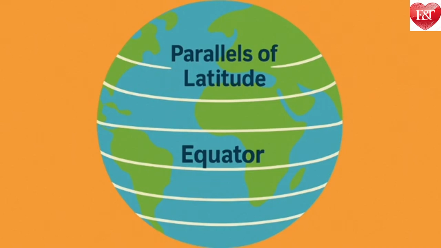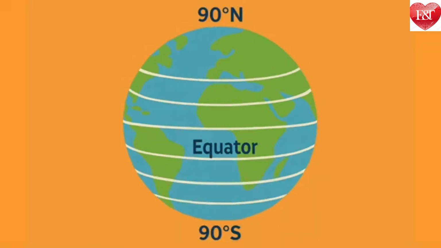Again, it is easy to note on the globe that the largest circle is the equator, while the circles marked by the parallels of latitude grow smaller as we move northward or southward. Latitudes are expressed in degrees. By convention, the equator is latitude 0 degrees, while the latitudes of the two poles are 90 degrees north and 90 degrees south respectively. This is noted 90°N and 90°S.